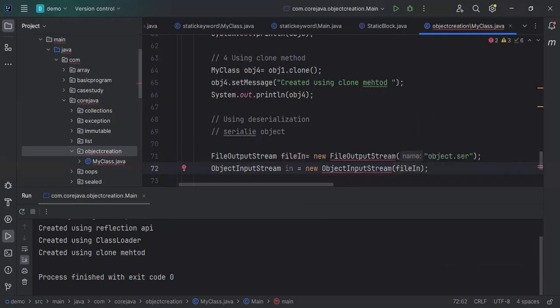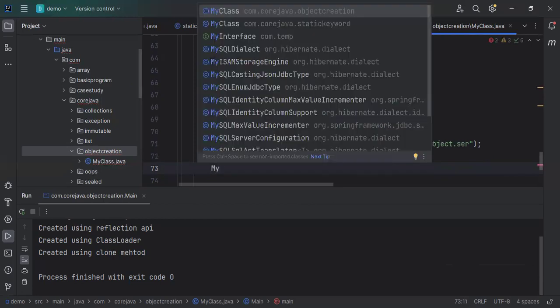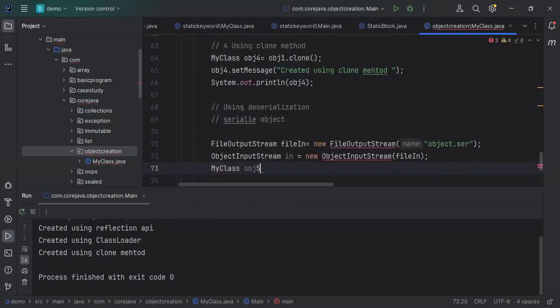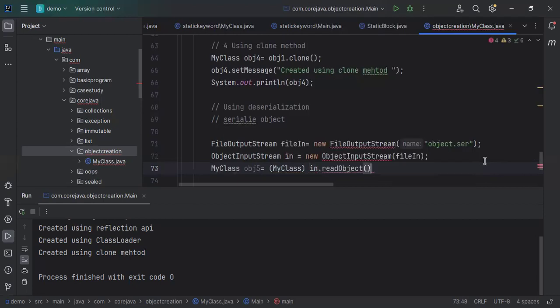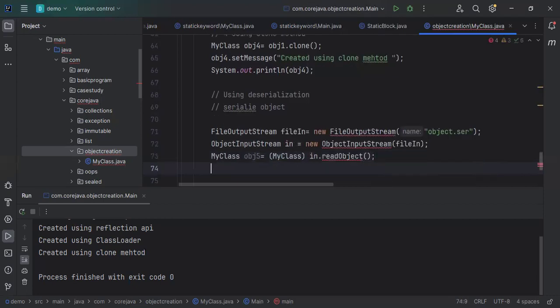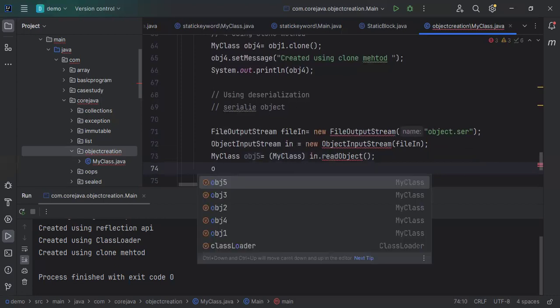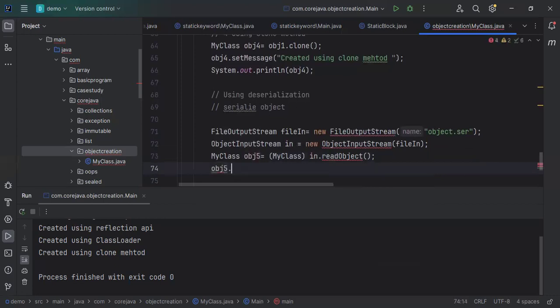Then we will create the MyClass object obj5 equal to MyClass, and in dot readObject is a method there that we will use, and we will set the object. obj5 dot setMessage, we will set created using